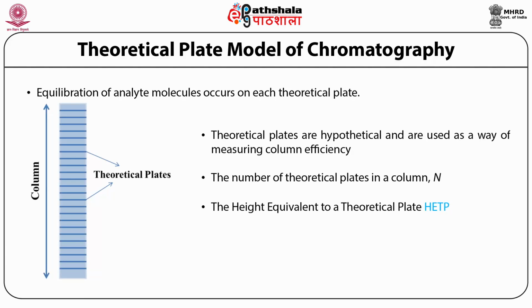Equilibration of all analytes is said to occur between the stationary and mobile phase in each of these plates. The analyte moves from one plate to the next after equilibration at every step, down the column until eluted out. Theoretical plates refer to the length of the column that allows one complete equilibration of sample in the stationary phase. Height equivalent to theoretical plate, HETP, is defined as the length of the column necessary for the attainment of compound